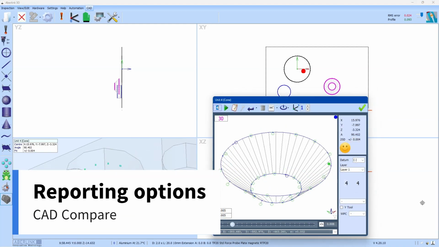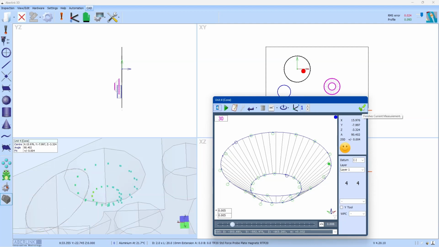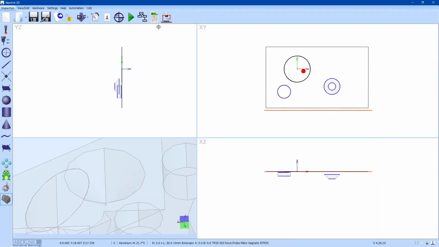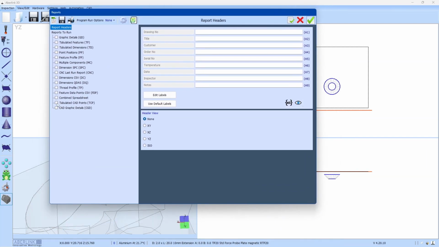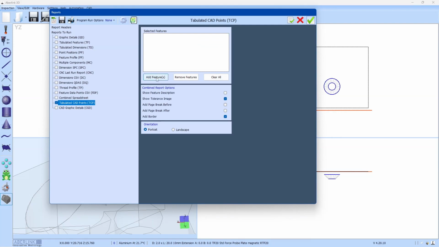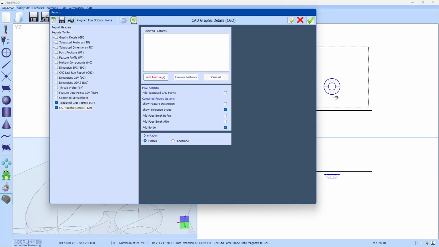Once we have all our options optimized for the feature, we can then easily generate reports via the tabulated CAD points option and CAD graphic details options within the reports page. If we tick tabulated CAD points, all we need to do is click add feature and select the feature that we want to display. Click add feature again when you are finished. Do the same for CAD graphic details, CGD, add feature, cone, click here, and then if we generate that report,